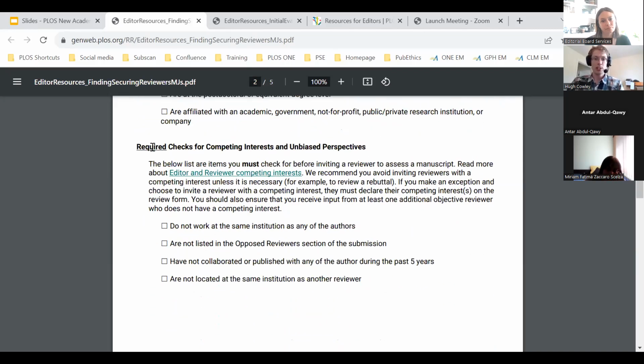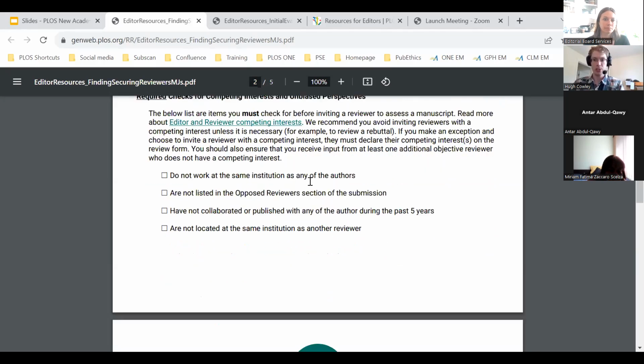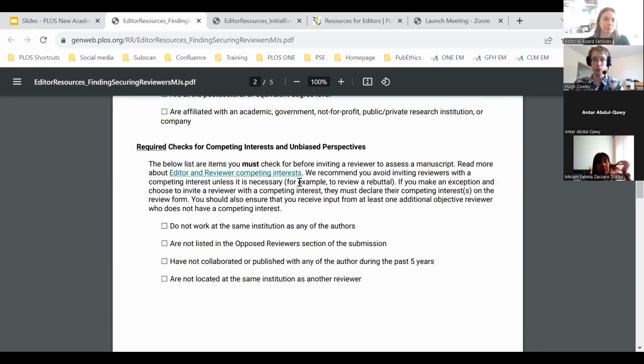The next checks are required. This is specifically regarding competing interests. So this is worth the time to really focus on here. This isn't so much about whether you can verify that someone has a competing interest. It's very much about perception.